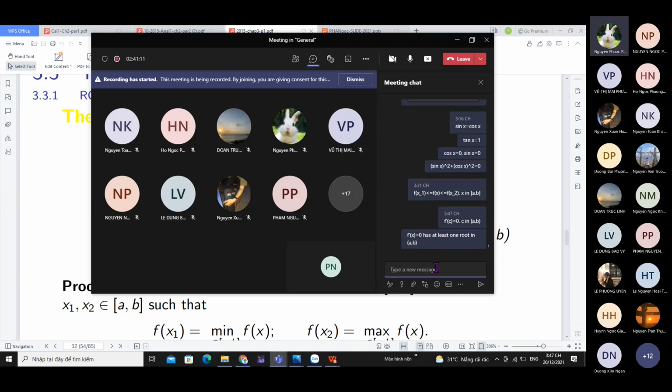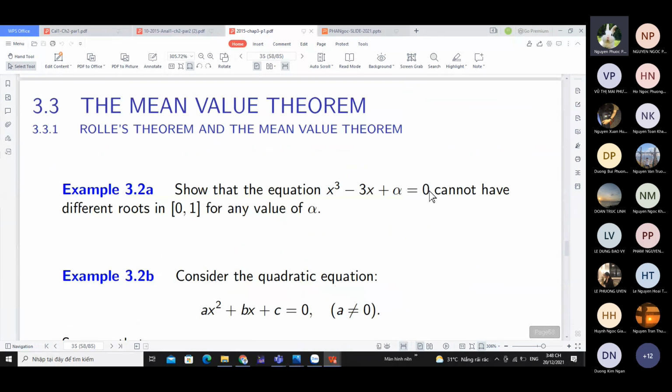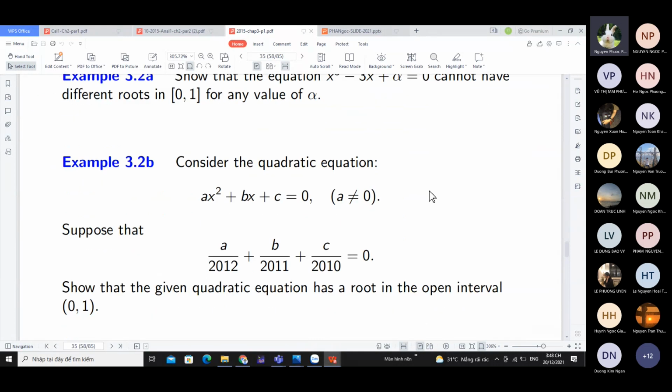Right? c is just a root of the equation f'(x) equals 0. And that's why we can apply the Rolle theorem to some problems in which we have to prove